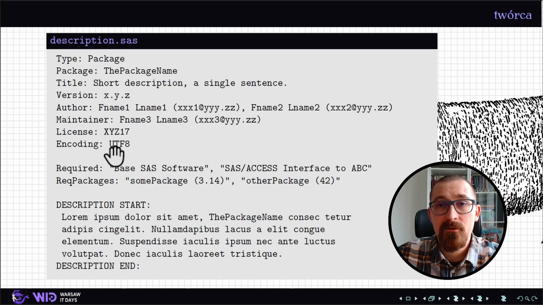You can also add information, but you are obligated to add information about files and encoding for your package, so whenever the package is loaded in the user session, SAS is able to set it properly. There are two additional tags for the description file. The first one is called required, where you can list the SAS components of the SAS system you want to be available